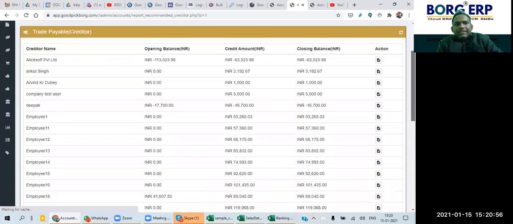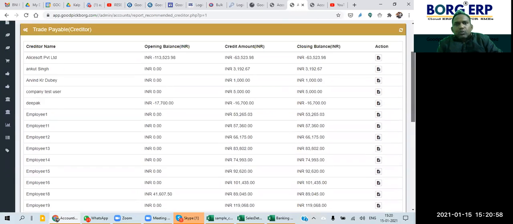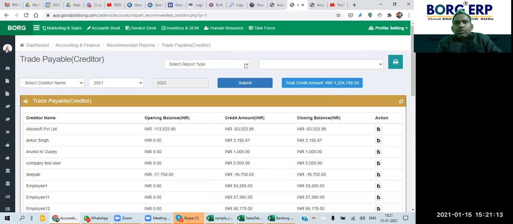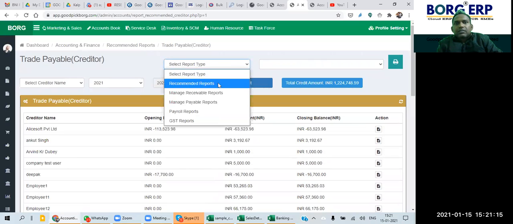So this is the trade payable. We are supposed to pay this much amount to these suppliers and vendors. Correct. So this is payable, and similarly you can also add the managed receivable here.